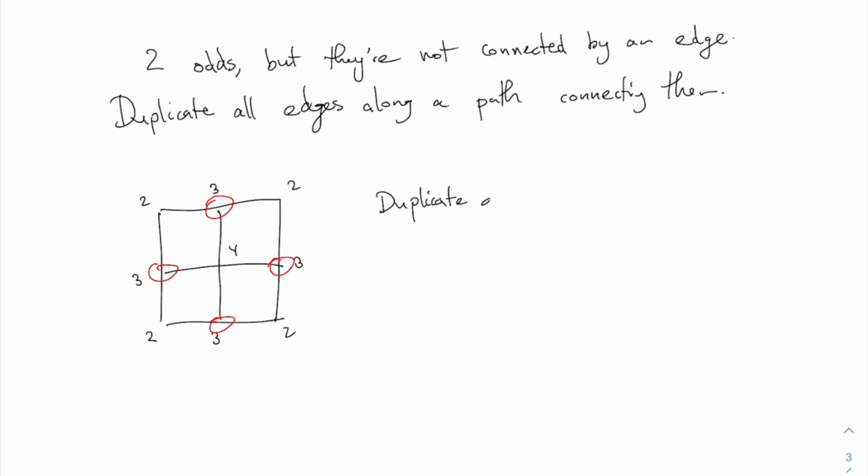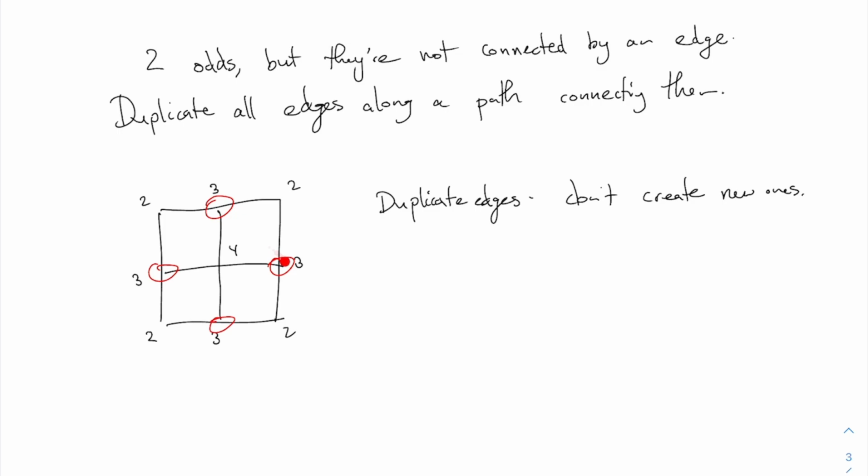Duplicate edges. Don't create new ones. Or you can create new ones, but they have to be copies of the original edges. You can't create a new edge which never existed before, such as a diagonal. All right, so in this particular example, your only option, if I want to connect up these 2 3's,